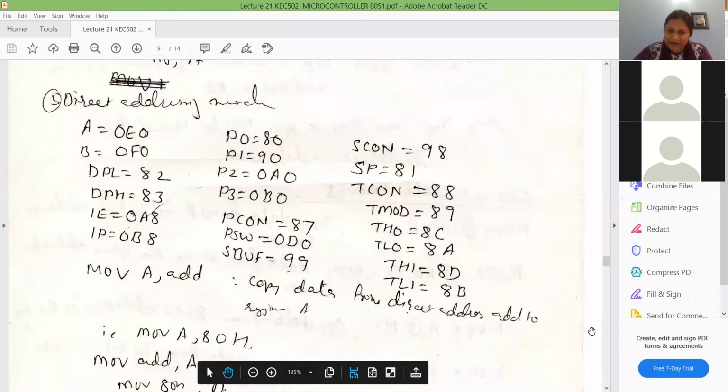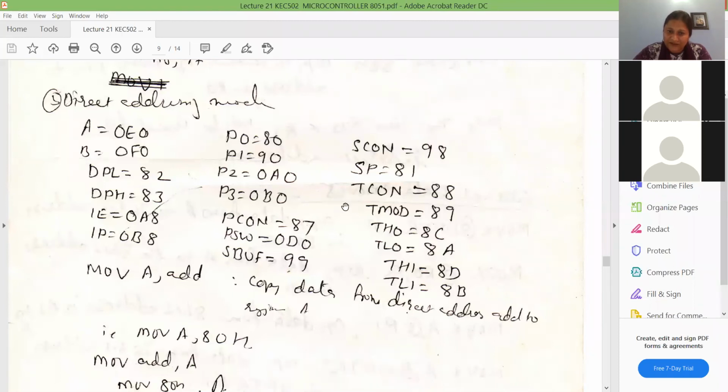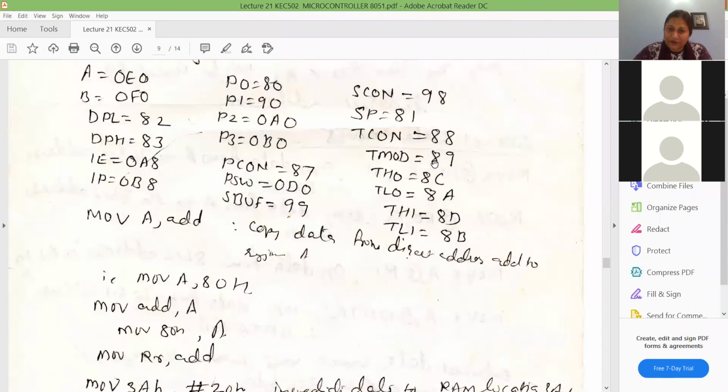You don't have to remember these addresses, but this is just to let you know that though they are special function registers, they don't have addresses apart from your RAM location. The addresses are from RAM location only. So if you are moving to address A0, that means indirectly you are moving to port 2. Understood? If you are moving any data to 89 hex memory location, that means you are moving it to TMOD register. What are these registers, SCON, TMOD, etc.? Whenever we see those particular operations, at that time we'll see the functioning of these registers.